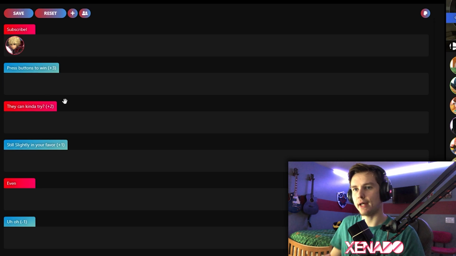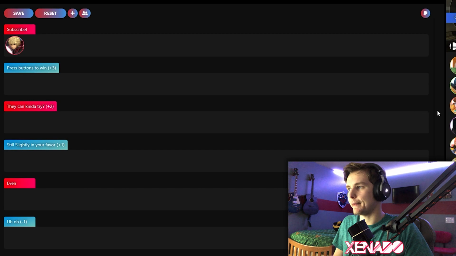So first, we have our first category, which I called "press buttons to win." These are the +3 matchups that Shulk really doesn't have to try in. He just does his thing. He just presses neutral air, forward air, spaces aerials, uses his Bayonetta arts. You just win for free. And so the first character that's going to go into that category is going to be